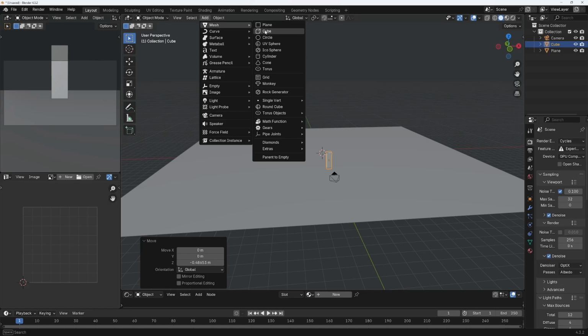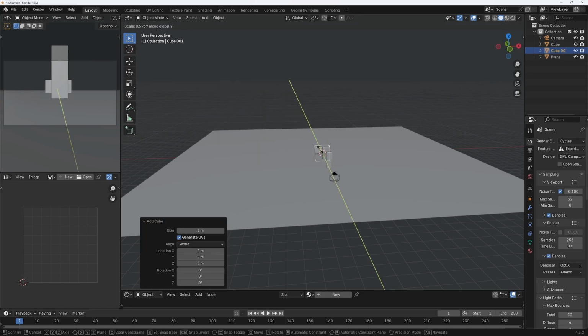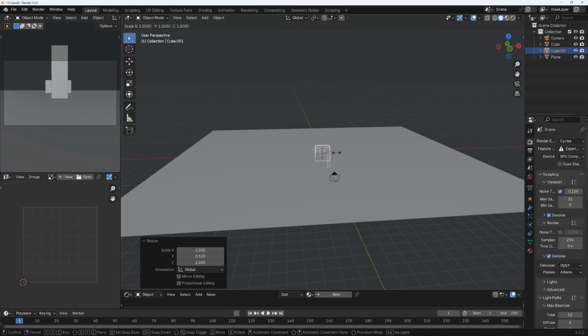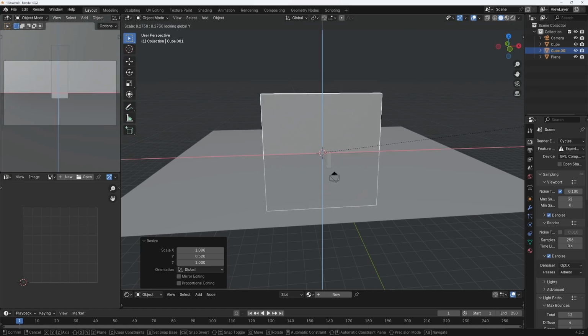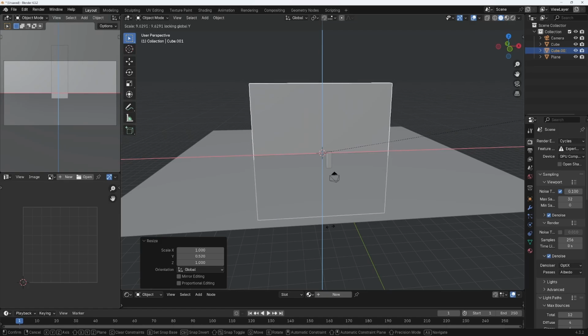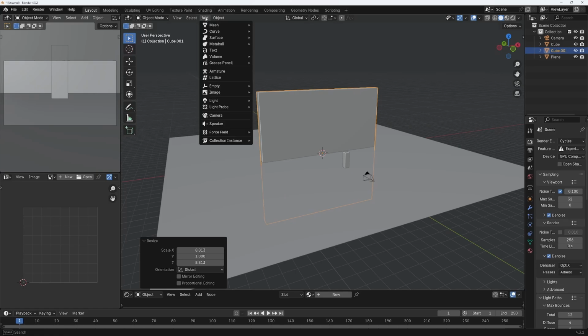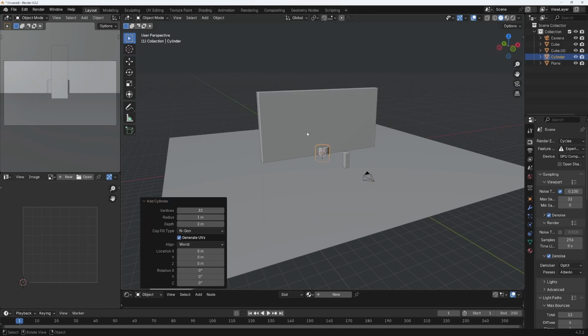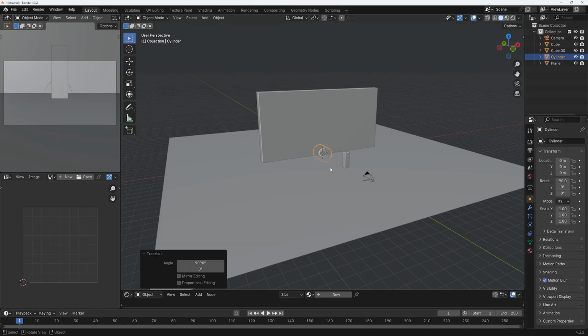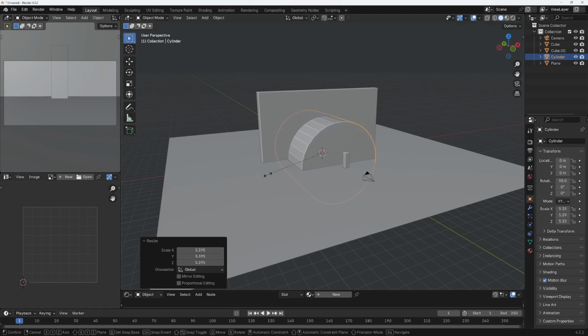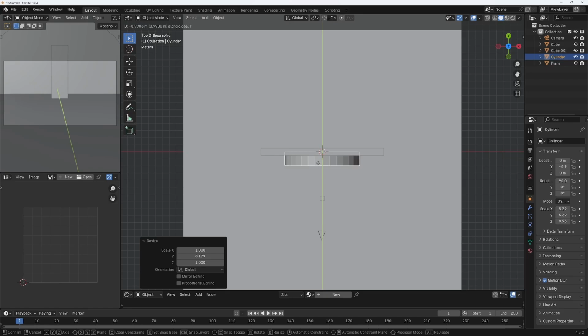I add a cube, SY like this, S shift Y and make it bigger like this. Now add a cylinder, RX 90 like this, S to make it bigger, SY to make it like this, GY here,